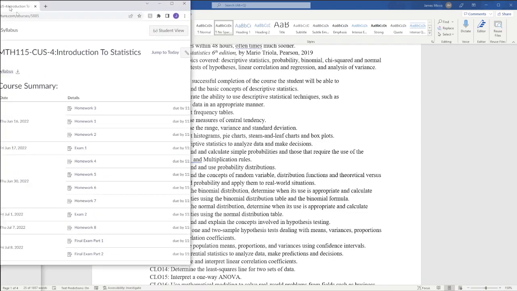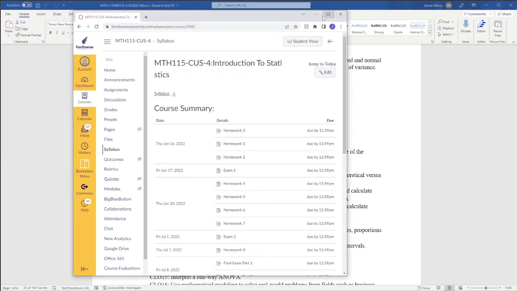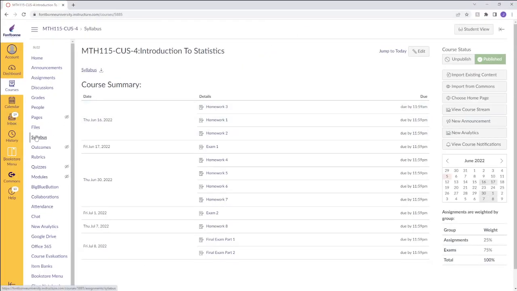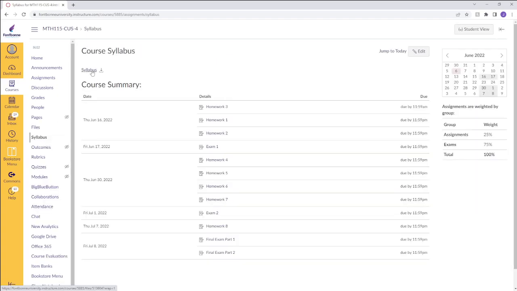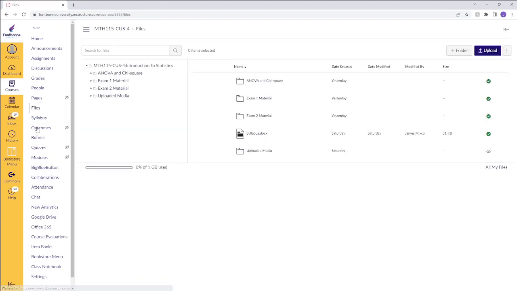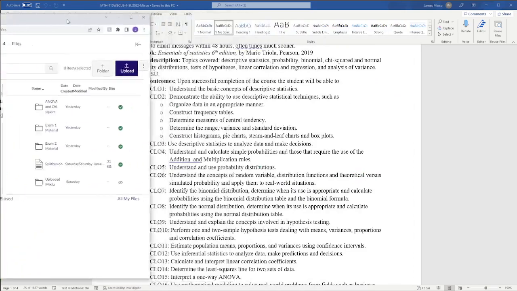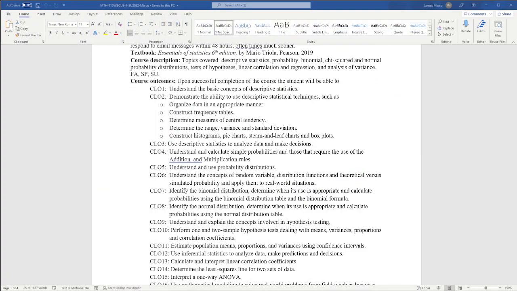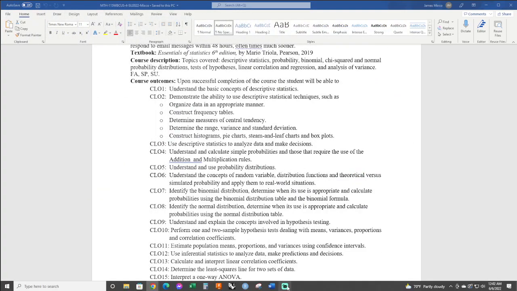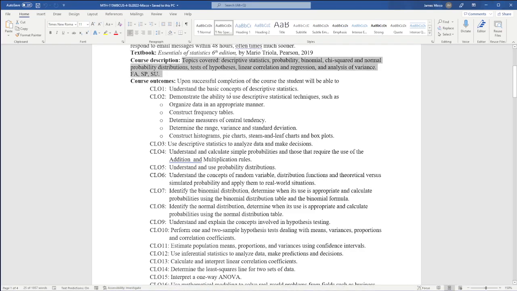If I bring that up really quick, we have a syllabus page where you can find the syllabus, or in the file section of Canvas you'll find the syllabus. The layout you see here may be different than how you will see it on yours, because of instructor versus student view and things like that. But a lot of the materials and correspondence will be posted on Canvas. So moving on,